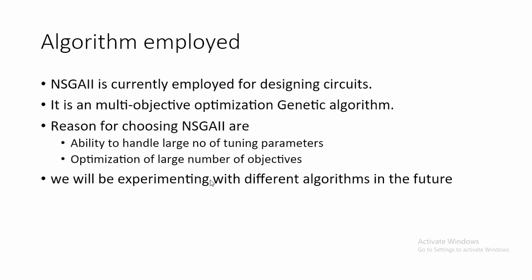It could also specify a number of objectives like average value, RMS value and all this stuff. So it's really important, because a good algorithm could only be actually optimizing. So this LSGA has an ability to deal with a lot of targets and parameters. So we'll be using that. We'll also be experimenting with different algorithms in the future.